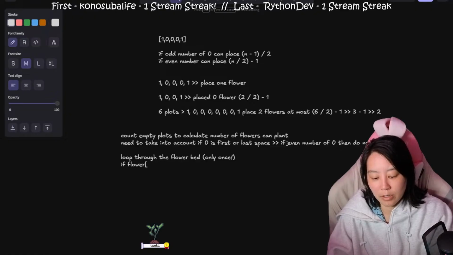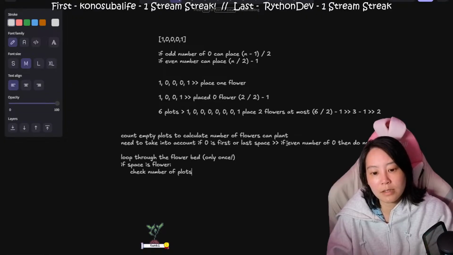flower space is flower, we're going to check number of plots